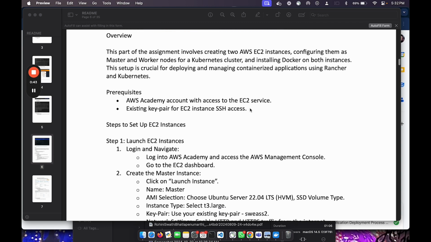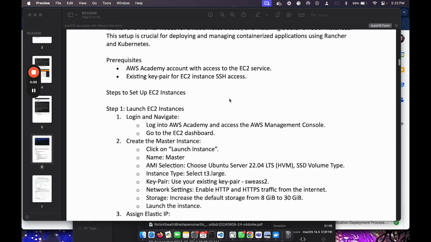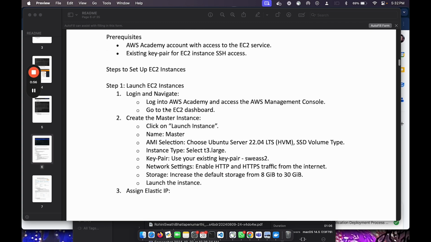So for that, we need an AWS account, and we have to get access to the EC2 service, and we should have a key pair for SSH access. So first of all, coming to the launching of the EC2 instance, the procedure we followed is like: